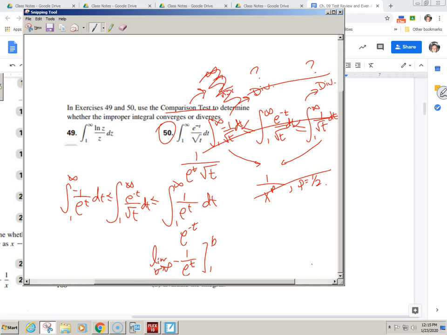And similarly, this one would be a positive 1 over e to the t from 1 to b, limit as b goes to infinity. This one would end up equaling, plugging in b, okay, obviously bottom wins, I'd have 0, right? And then minus, and negative would be plus, and then plugging in 1 is from 1, right? Not 0. And over here, same thing. I would have 0 minus